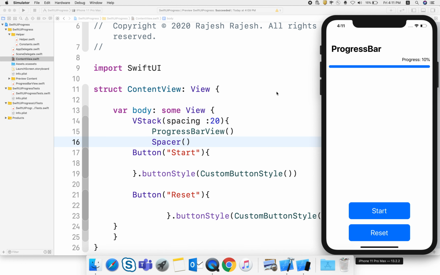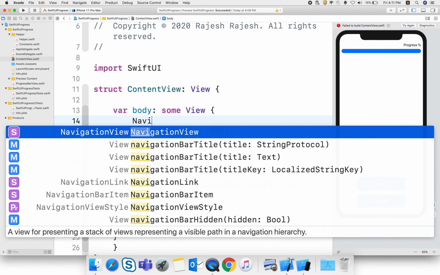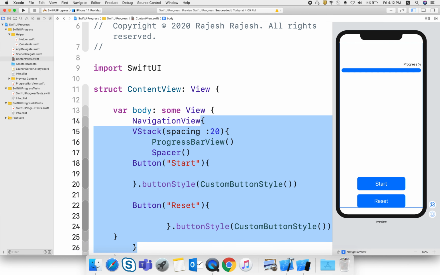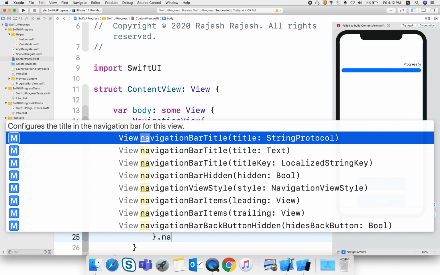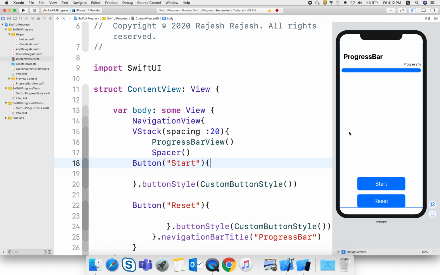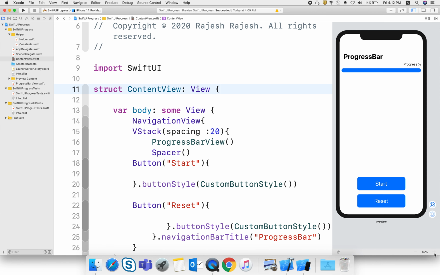The navigation bar title is missing, so I am creating a NavigationView here, and using a navigation bar title, and giving it the name Progress Bar. So here you can see in the preview, our preview is looking good.